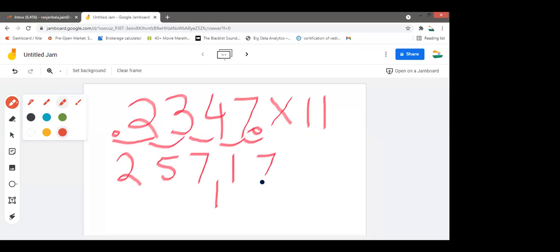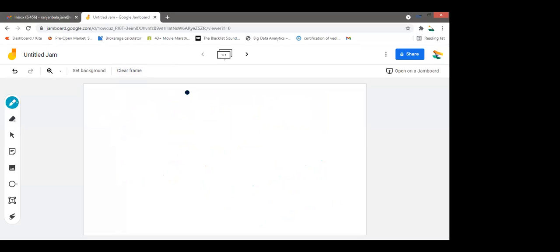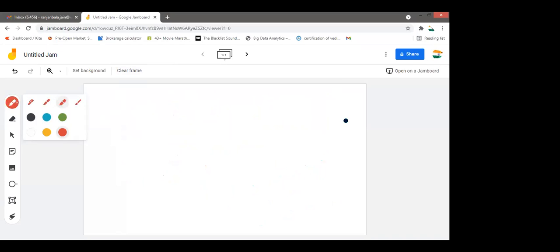What have we done? These two numbers are added together. 7 plus 1, 8. So it will be 2, 5, 8, 1 and 7. This is your final answer. Right? Students have written. Let me check. 2, 5, 8, 1, 7. Very nice. Only 2 or 3 students are not understanding; otherwise, I think all of you are understanding. Generally 3, 4 students have a problem. No problem, it's okay. Let's do one more.